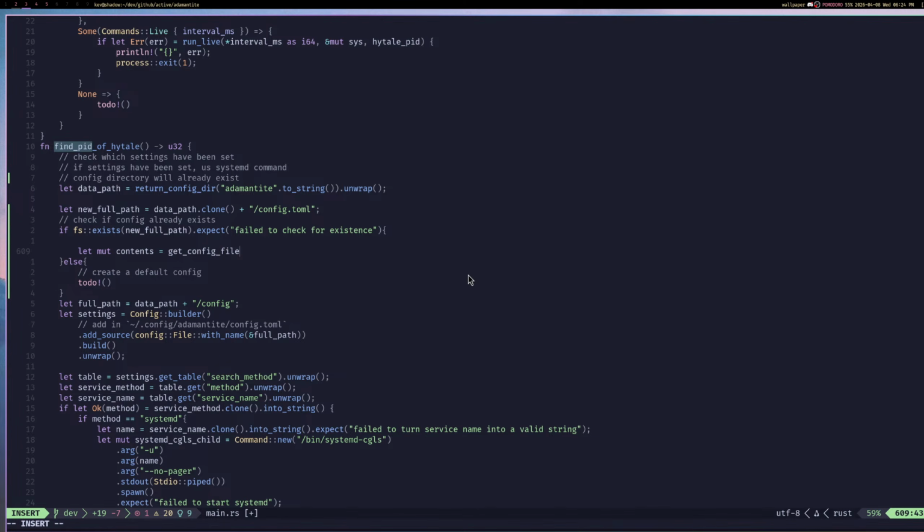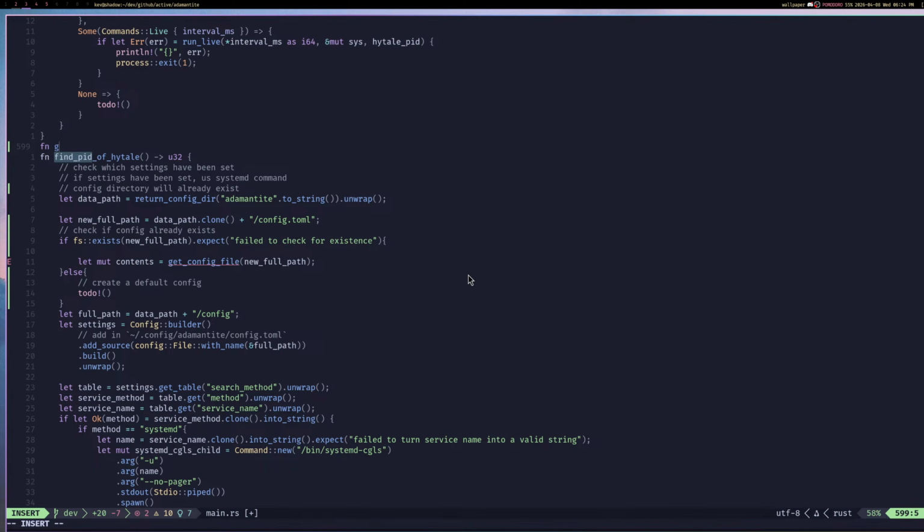Is that a good, like, man, I need to work on function names. So get config file, and then I want to pass in the path, right? So the path would be new full path. I don't know if we need to clone that. I'm going to just do the function up here so I have it. So fn get config file contents, and I'm going to name this as well. Yeah, get config file contents. And this will take in a string, or in this case I'm going to say path to a string, and then